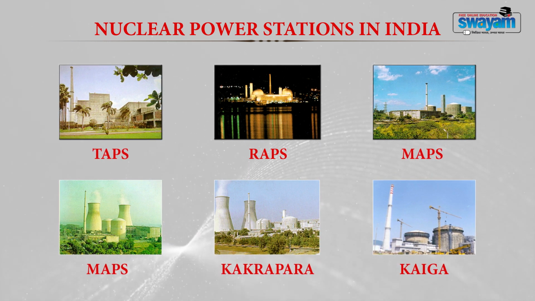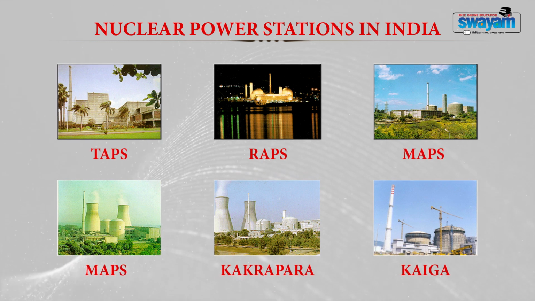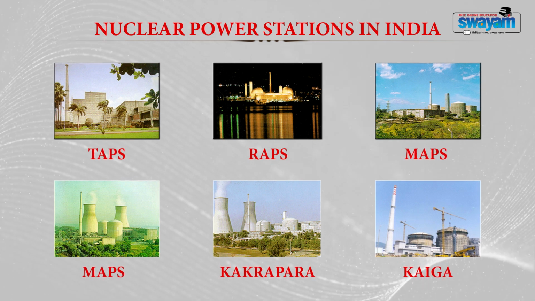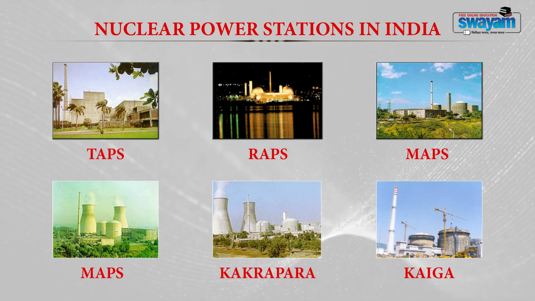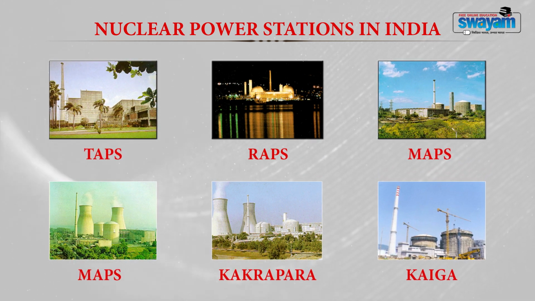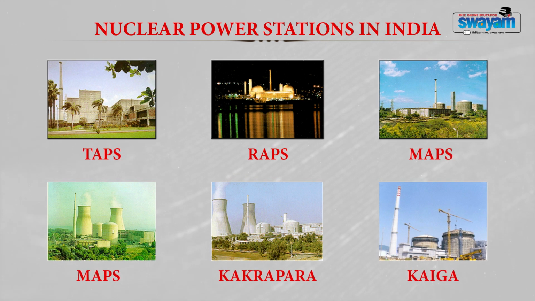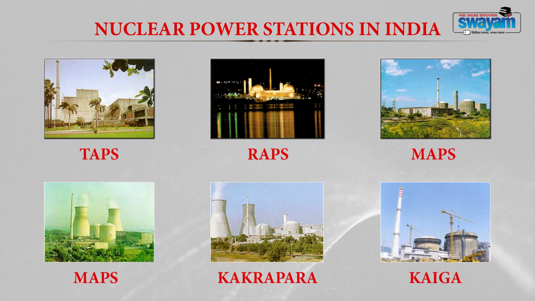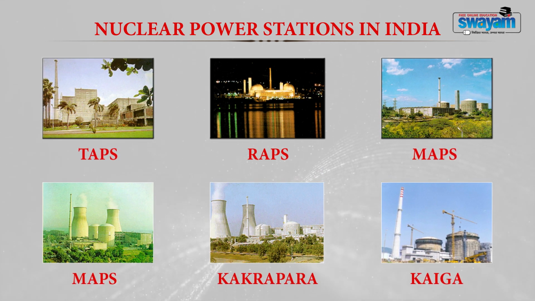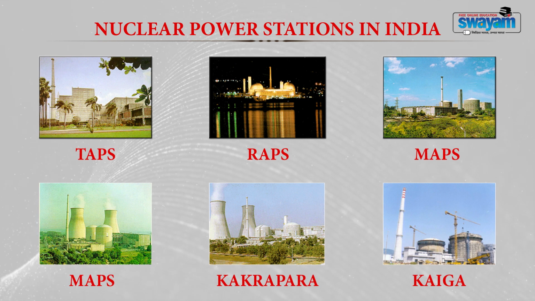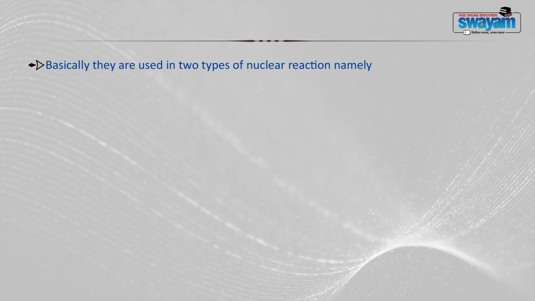Dear student, please take a map and try to find out in which state these nuclear power stations are situated, how many reactors there are in each nuclear power station, and what their capacity is to produce electricity. In India, about 6,800 megawatt of electricity is produced, and this is about 2 to 3% of the total electricity produced in India. When we come to nuclear reactions, basically there are two types,